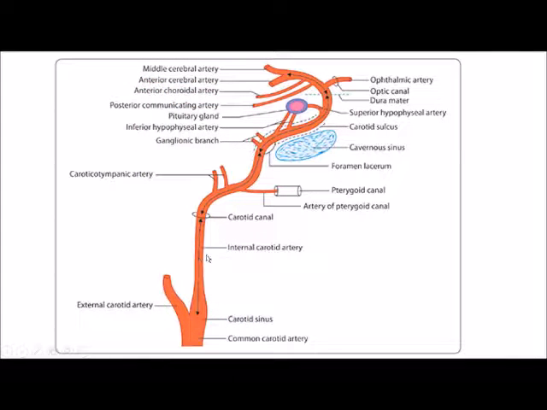Coming to the branches, C1 segment, no branches. C2 segment, 2 branches, caroticotympanic artery and artery of pterygoid canal. C3 segment, no branch. C4 segment, 2 branches, that is inferolateral trunk and hypophyseal trunk. Then C5 segment, no branches. C6 segment, 2 branches, ophthalmic artery and superior hypophyseal artery. C7 segment,